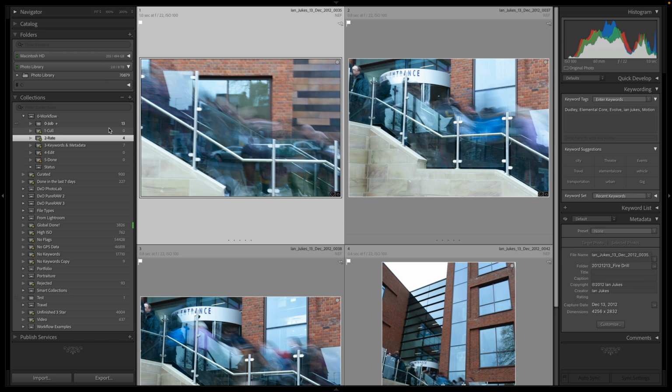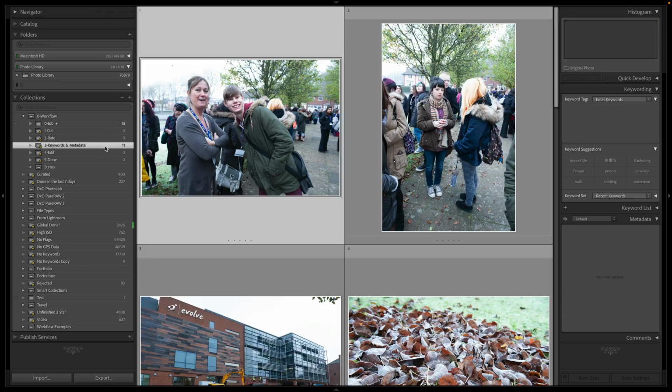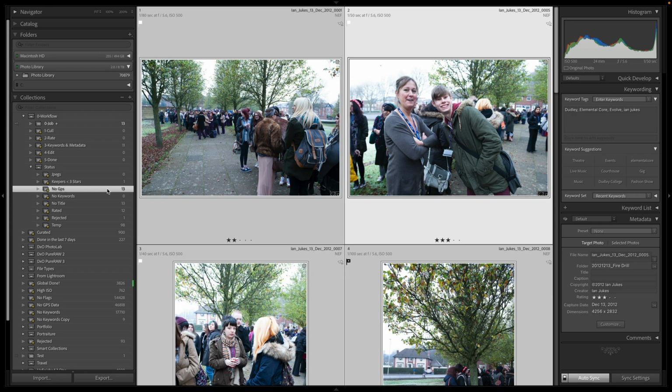Actually, I think some of them already have stars from the first time. That one, yeah, go on, that one, okay. So keywords, metadata. Okay, so do we have keywords? These ones, let's have a quick look. Status. So this status now will just reflect this one here, so I can see there's no GPS on any of them, no title. They have keywords though. So what I do for GPS, I'll just select all of them, and I know where